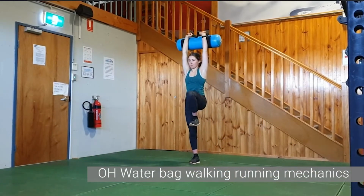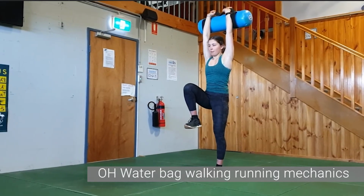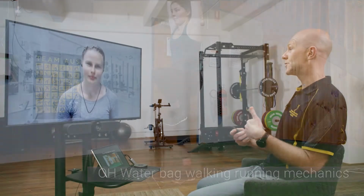Yep, for sure. So just to go back a second, that overhead water bag walking, especially at that speed that the athlete's walking through there in the video, even though we're talking about the 6 month mark, that could even be introduced a lot earlier, for some athletes, to get that 2 for the price of 1 effect with the core engagement, and to get some really good, nice hip positioning, and to get some terminal knee extension. It's a great all-rounder that obviously is good at this time point, but no doubt we could be bringing it in a little bit earlier if the athlete's showing some good competency, even as early as